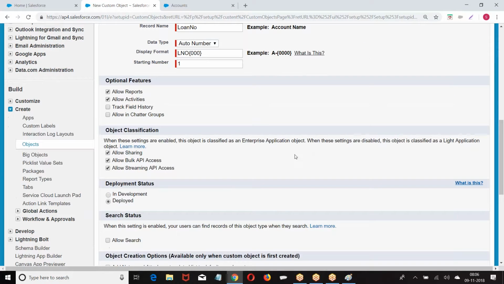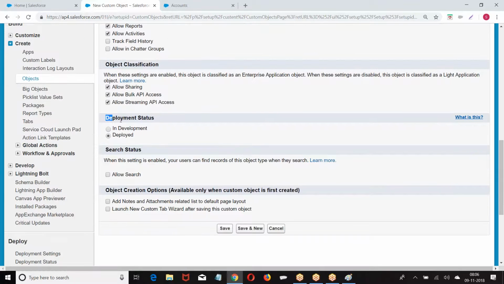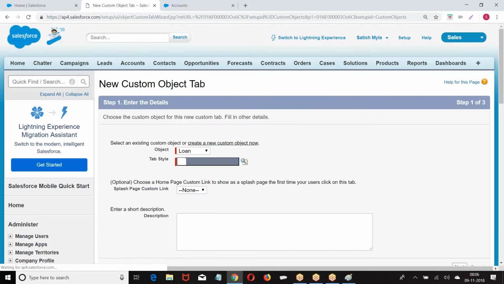Allow reports, allow activities, object classification we already know, deployment status deployed, allow search. If I select the last option, save it. Once the object is saved, it is taking you to what?